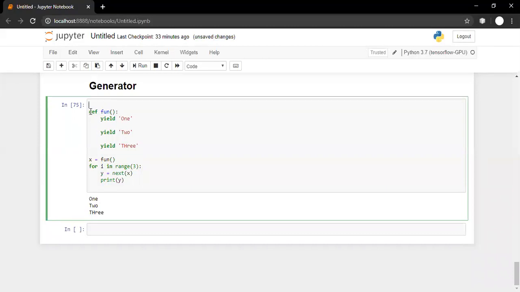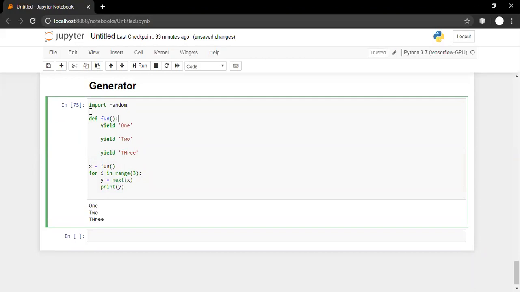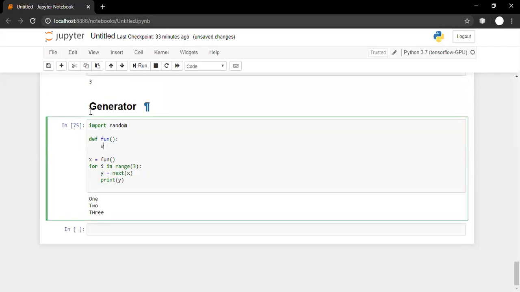Let us say I am importing the random library, and inside this function I'm writing an infinite loop, while True.